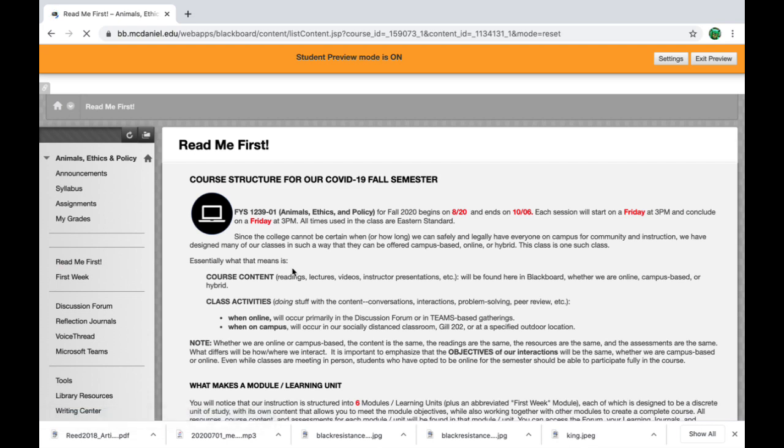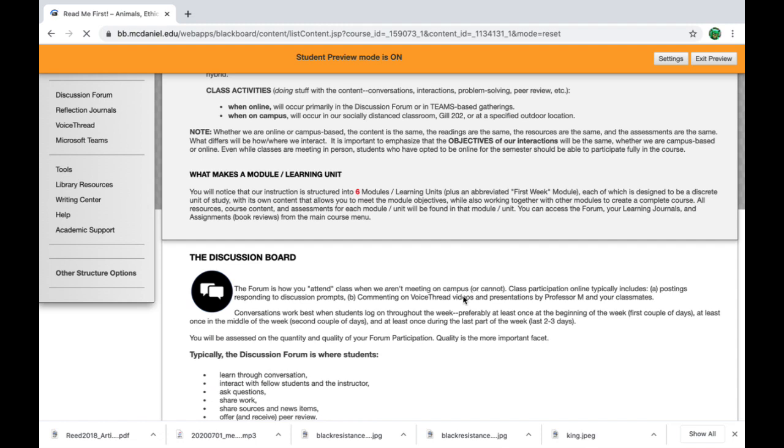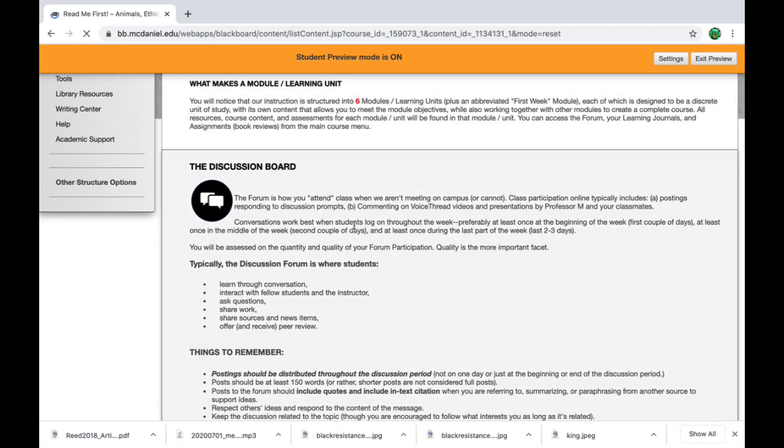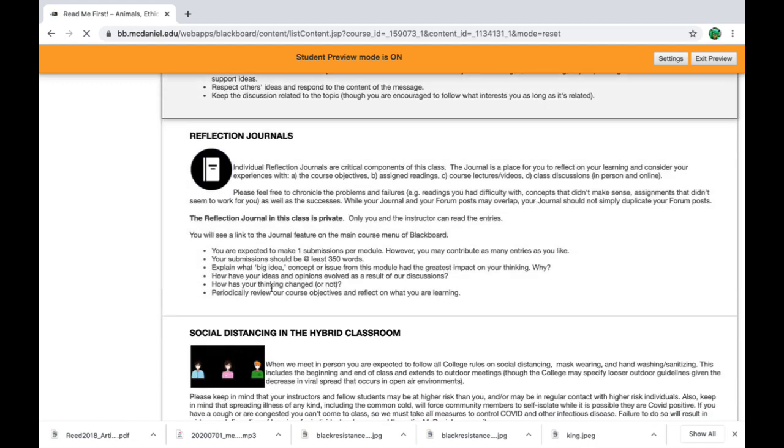Read Me First is, of course, what you should read first, and it has basics about the class and about how it's broken up. It has information about the learning modules or units there, and a lot of this is in the syllabus as well, right? But this has some specifications for what you should be doing in the discussion boards,